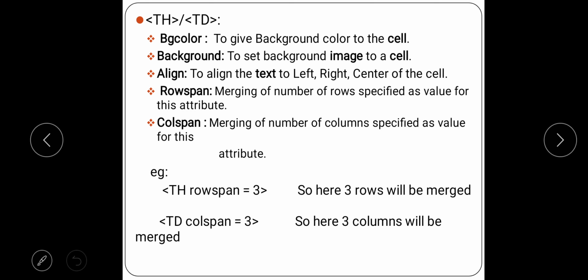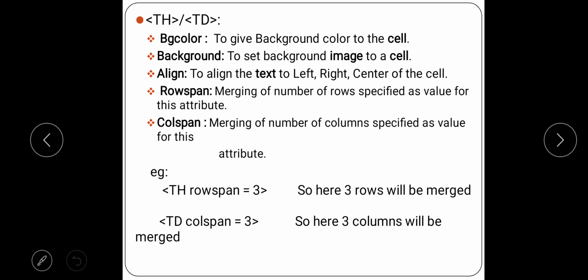The cell can have either table heading or data, so it is common for both. So if I am using bg color with TD or TH, that particular cell will have a background color. Similarly, background means an image for that cell. Text, left, right, center, the text will be aligned.